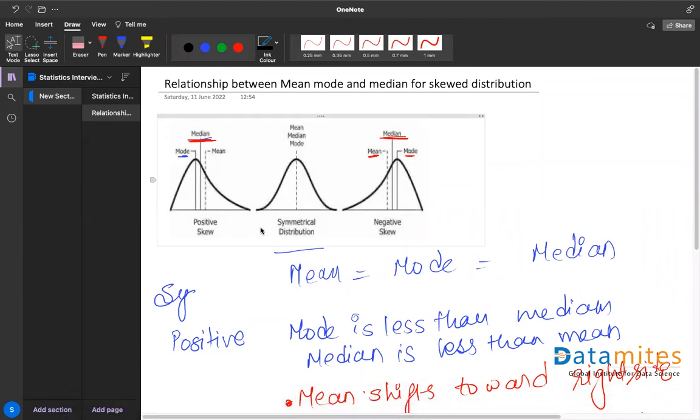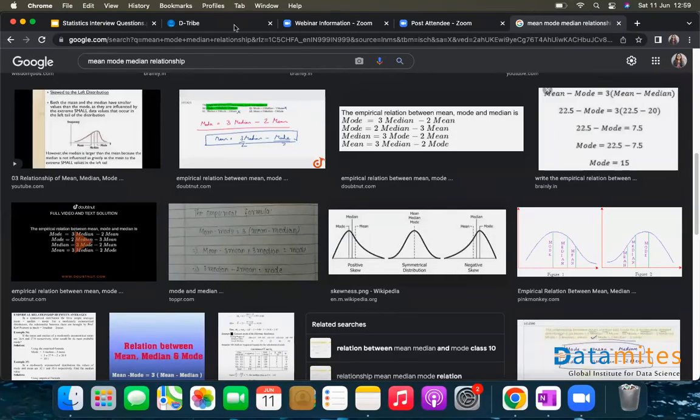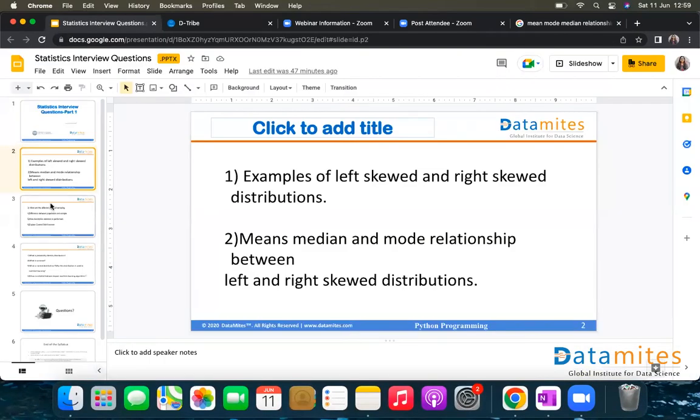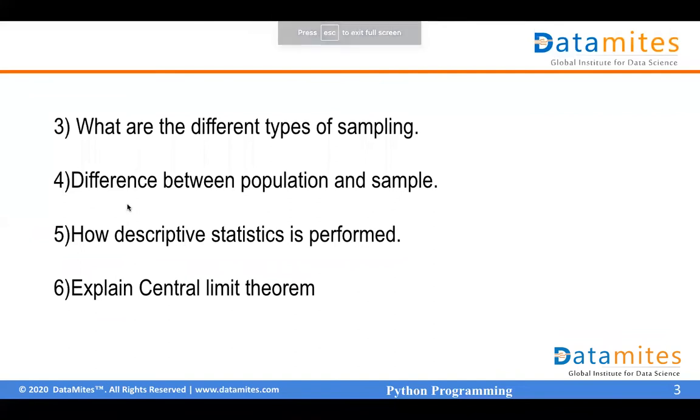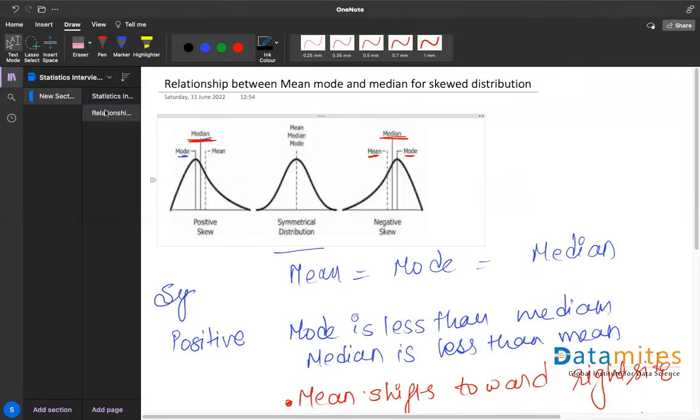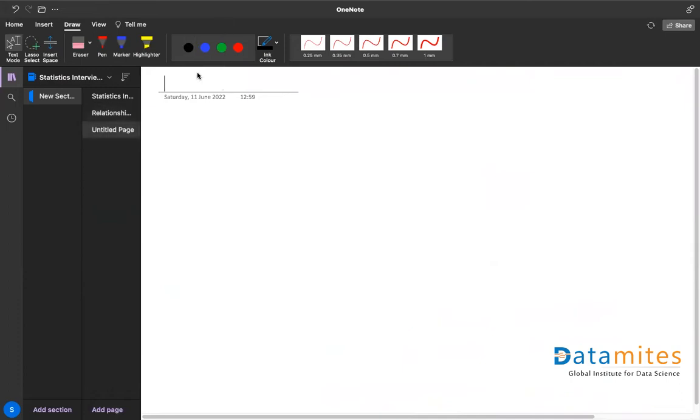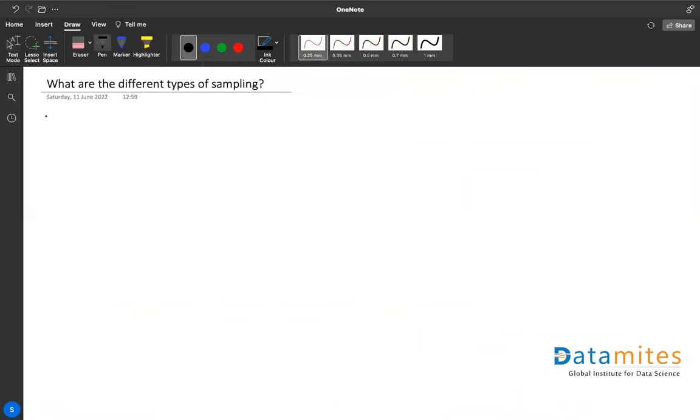Okay, now let's move towards the third question. What are the different types of sampling? Let's do that. So this question was asked like this. I'll give you a scenario for this question. The case was like this. The interviewer asked, let's assume